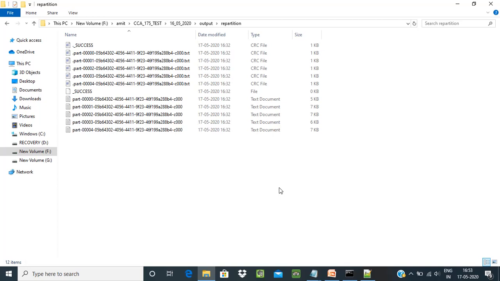That is another difference. When you apply coalesce and write, the amount of data in each partition is unbalanced and not equal. But in repartition, the data in each partition is balanced, with equal size records in each and every file. So that is a big difference.